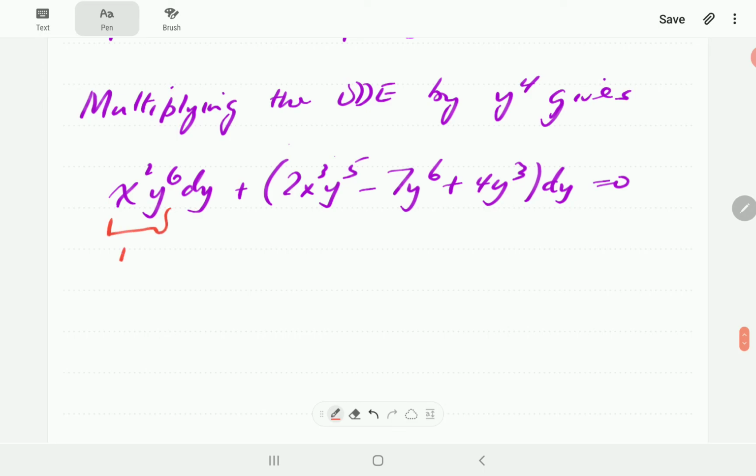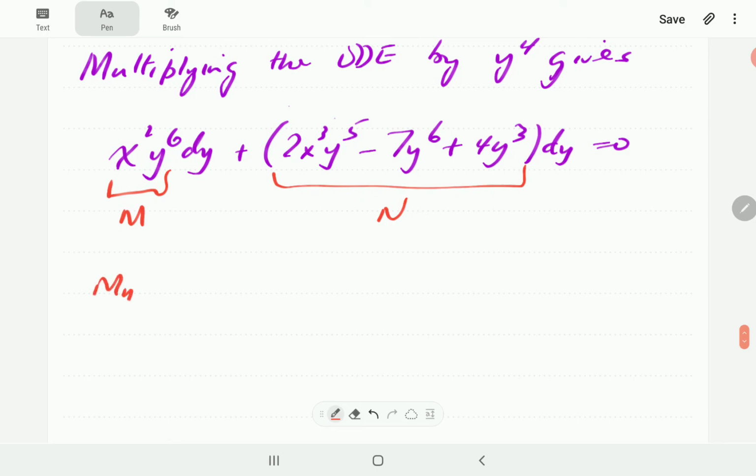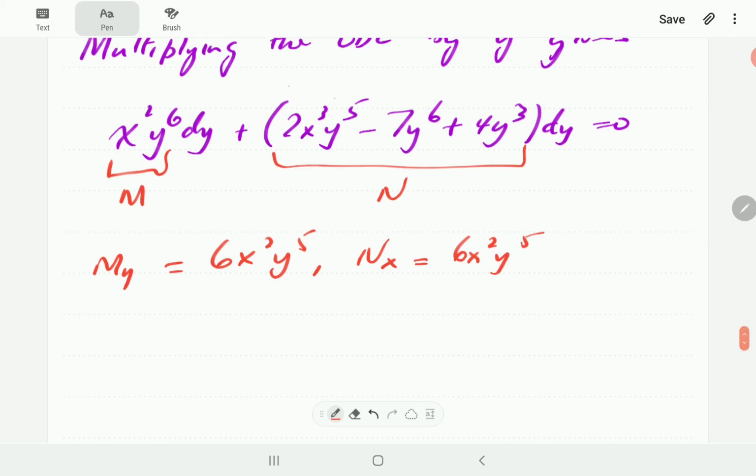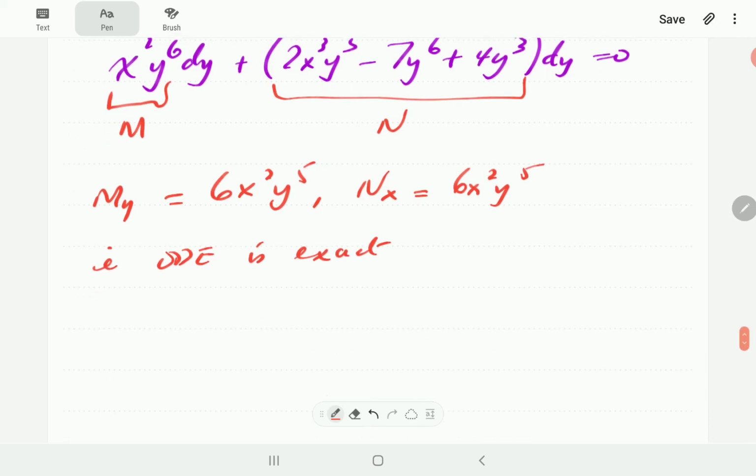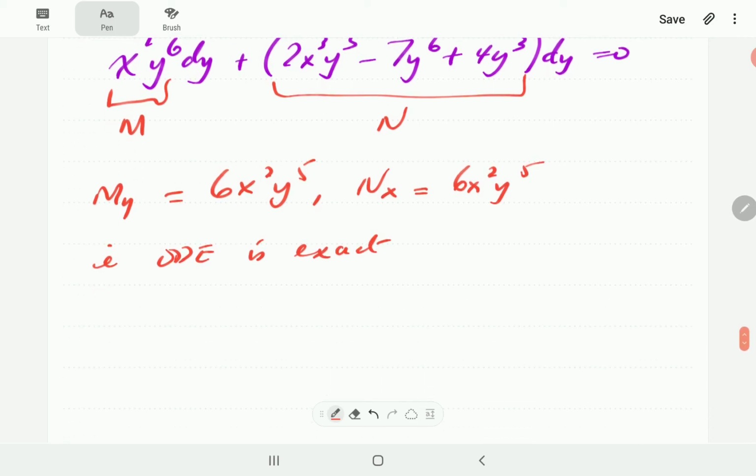This is our new m, this is our new n. So my is now going to be 6x squared y to the power 5. Nx is going to be 6x squared y to the power 5. So that means the new ODE is now exact. If that is the case, it means there exists some function f